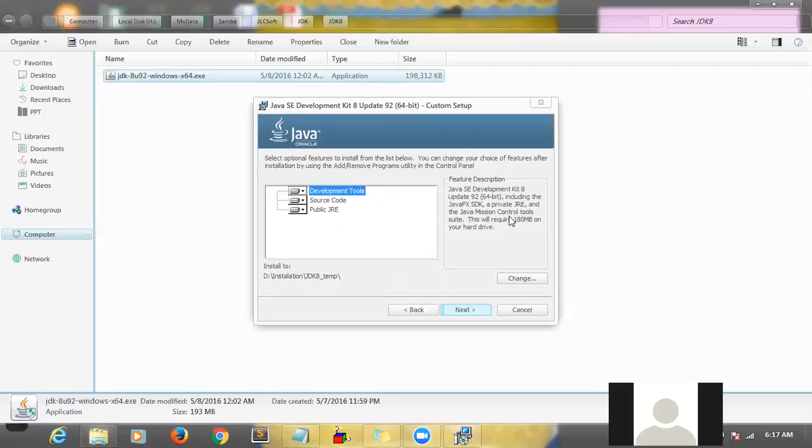Correct. And see, it's displaying Java Software Development Kit 8. This will require 180 MB space on your drive. So if you select this option, by default this option will be selected for installation. If you don't like,